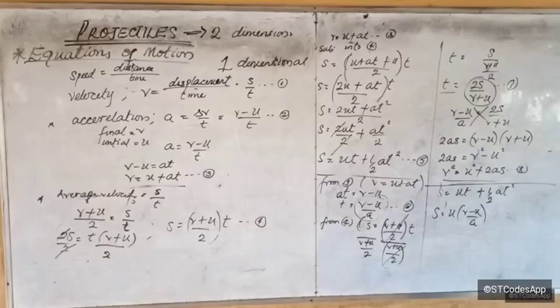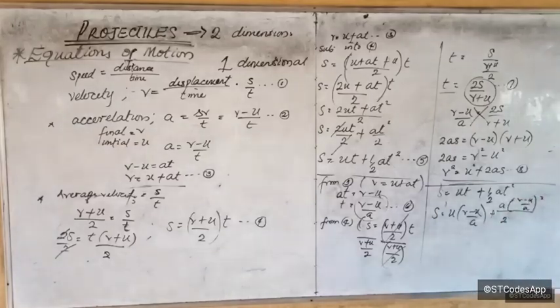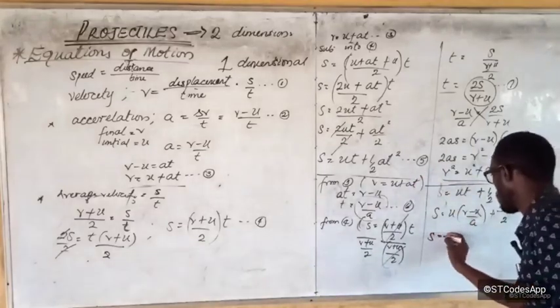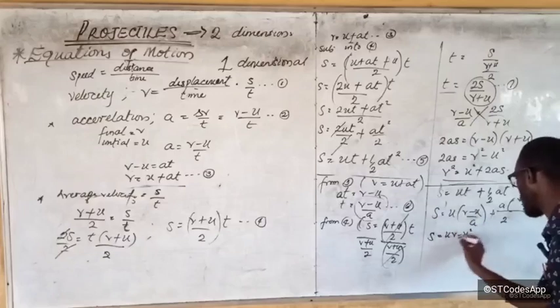Oh, this is going to be long. Let's still try. So we have 1 over 2 here. 1 over 2 times a into bracket v minus u over a all squared. Alright, with this all squared. Alright, so what are we going to have? I'm going to have to bring it down there. Well, let's manage this question. We have s to be equal to, this opens the bracket to give us uv minus u squared over a